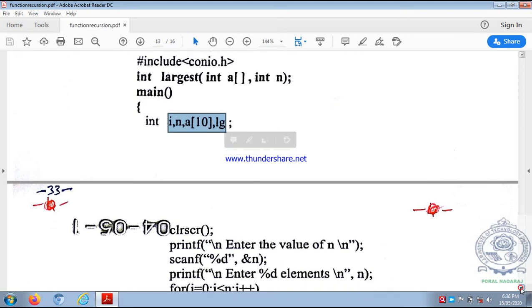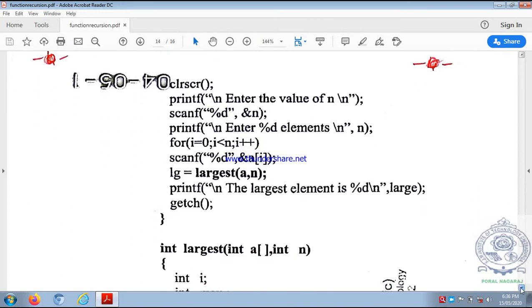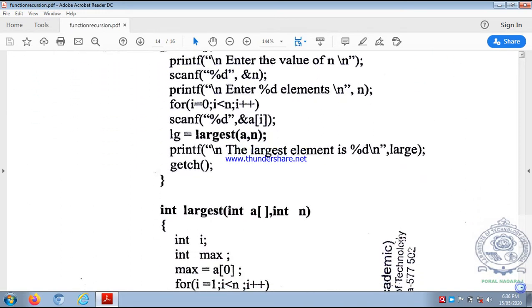So first we have to read the array. So clear screen. Then enter the value of array size, that is enter the value of n. Then we have scanf. So scanf ampersand n. Every scanf should be preceded by printf. So that's why enter the value of n. So scanf percentage d, n. So n gives you the size. Say for example n is equal to 10 means your array contains 10 elements. So you have to read 10 elements. You have to input 10 elements. Suppose n is equal to 5. So you have to input 5 elements.